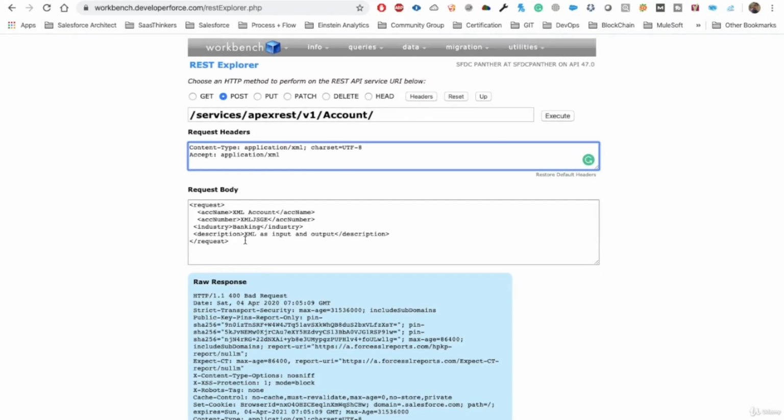So this is how you can send an XML request to the system and get the output